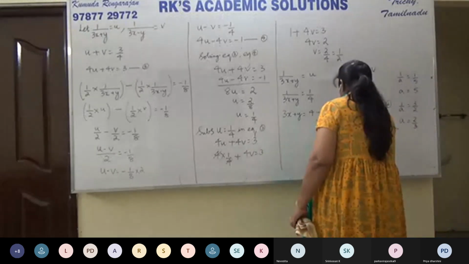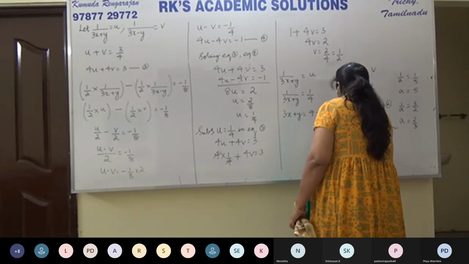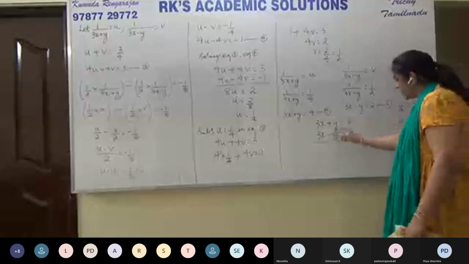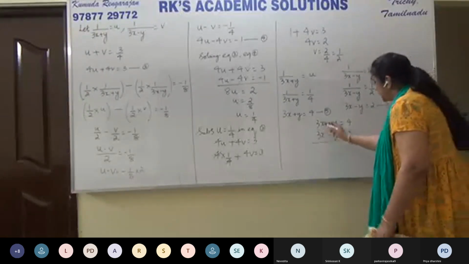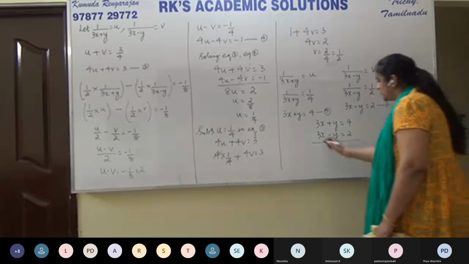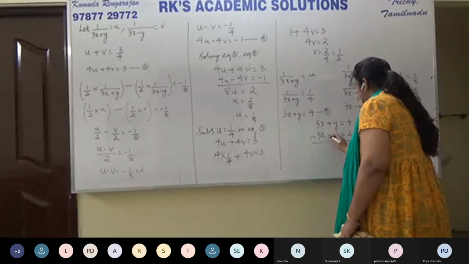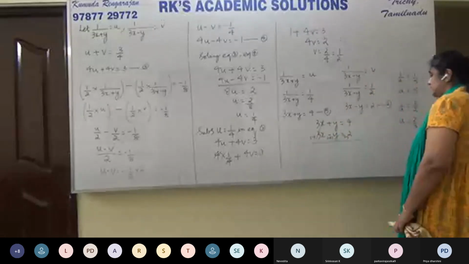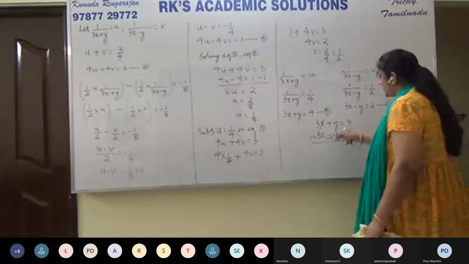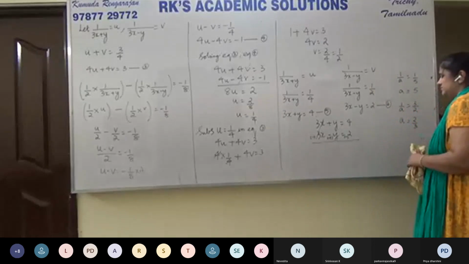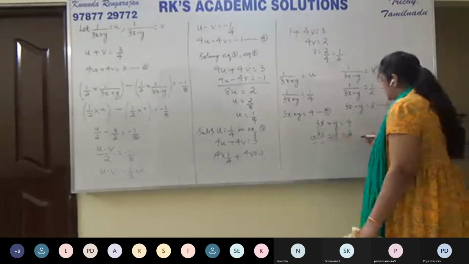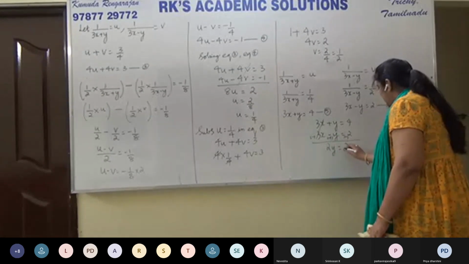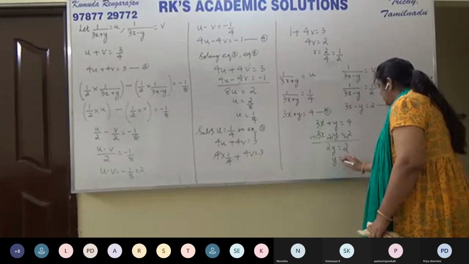So 3x plus y is equal to 4, and 3x minus y is equal to 2. Now you can eliminate plus y, minus y as it is. Or if you change the signs, you can cancel x. Supposing we change the signs, then 3x minus 3x will get cancelled. If you don't change the signs, plus y minus y will get cancelled. You can do anything. So now that we have changed, 3x minus 3x is 0. Y plus y is 2y is equal to 4 minus 2, which is 2. So y is equal to 2 by 2, which is 1.